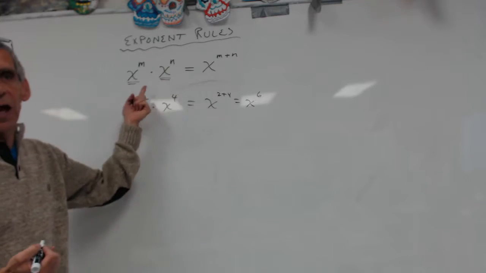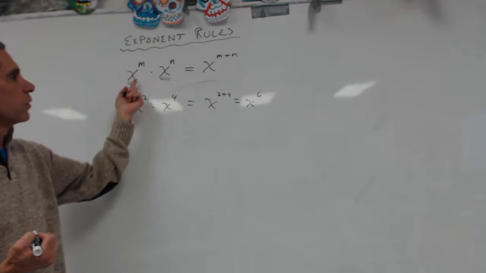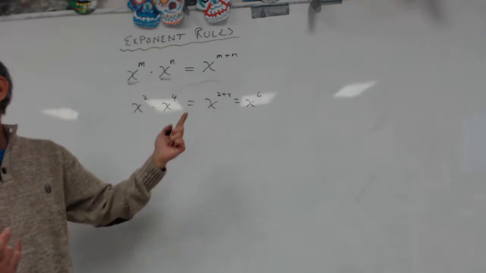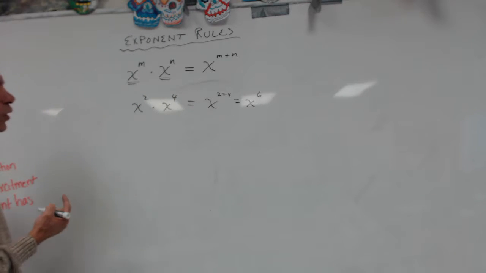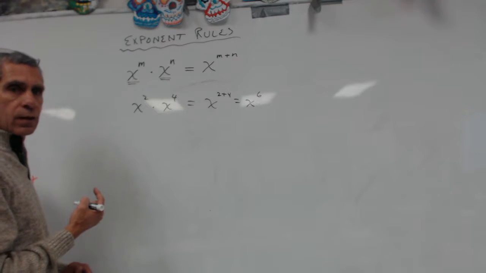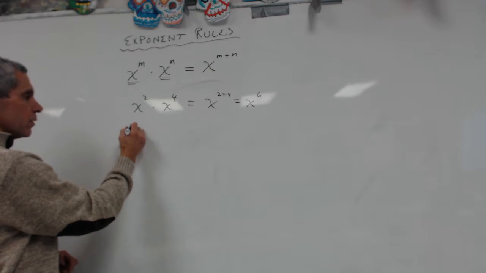When you're multiplying same bases, the x is your base, same bases with exponents. When you multiply the bases with exponents, you add the exponents, right? This is a shortcut. It's an algebraic shortcut. 2x times 4x equals